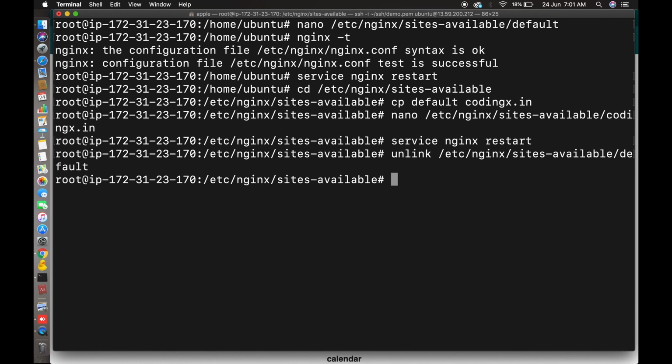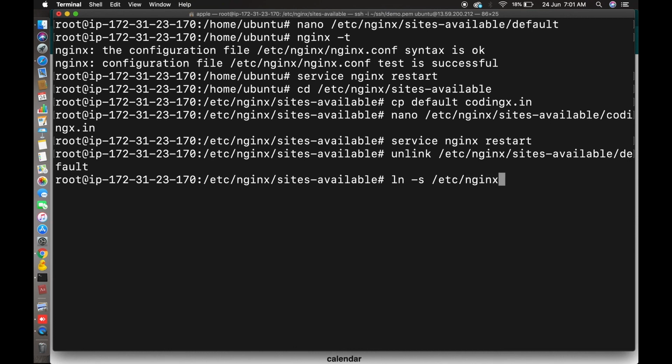Now this file will not work anymore. Then you have to create a symbolic link of your new configuration file into sites-enabled so that it runs by default.